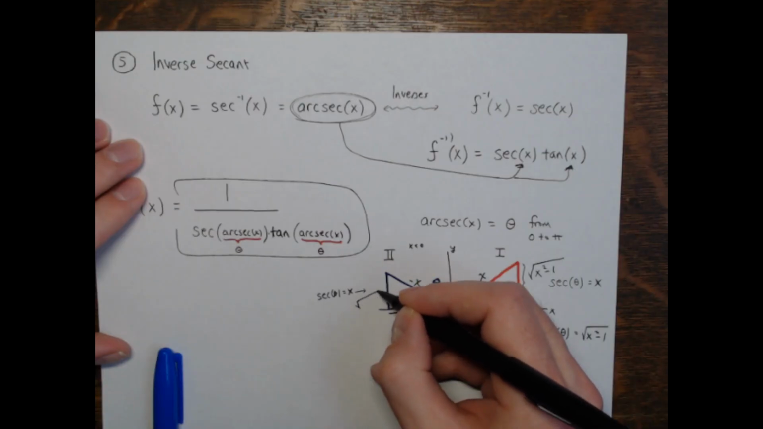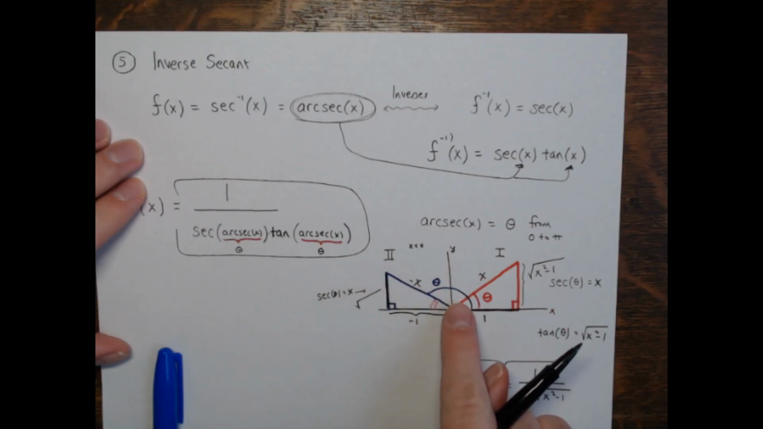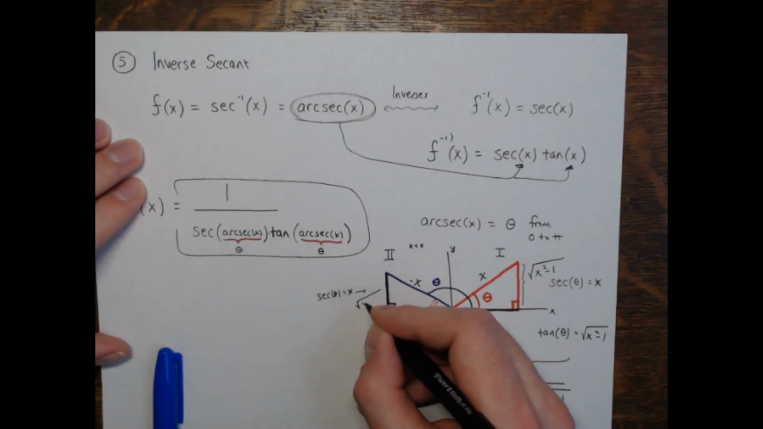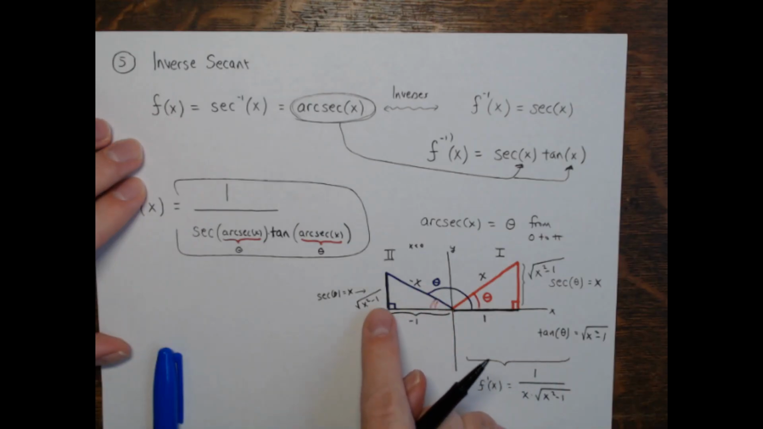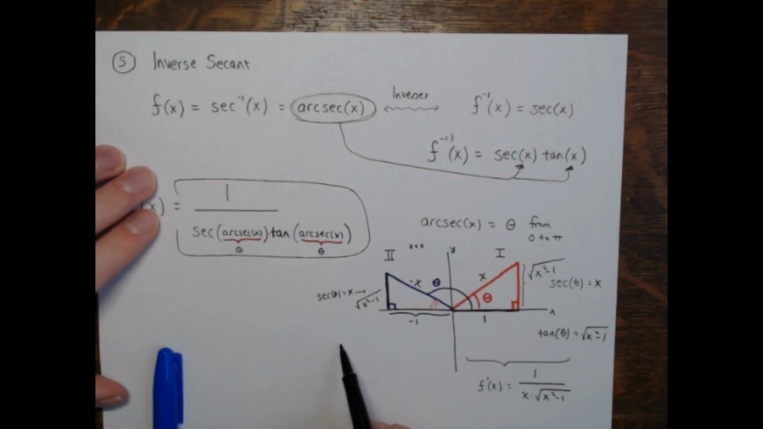And then this other length, which would be a positive measure, right? Because it's on the positive side of the y-axis, would again be positive square root of x squared minus 1, right? Because you square that, it's x squared, square that, it's 1. You subtract them, take the square root. So over on this side of the x-axis, when the angle measure is in quadrant 2, the derivative would be 1 over